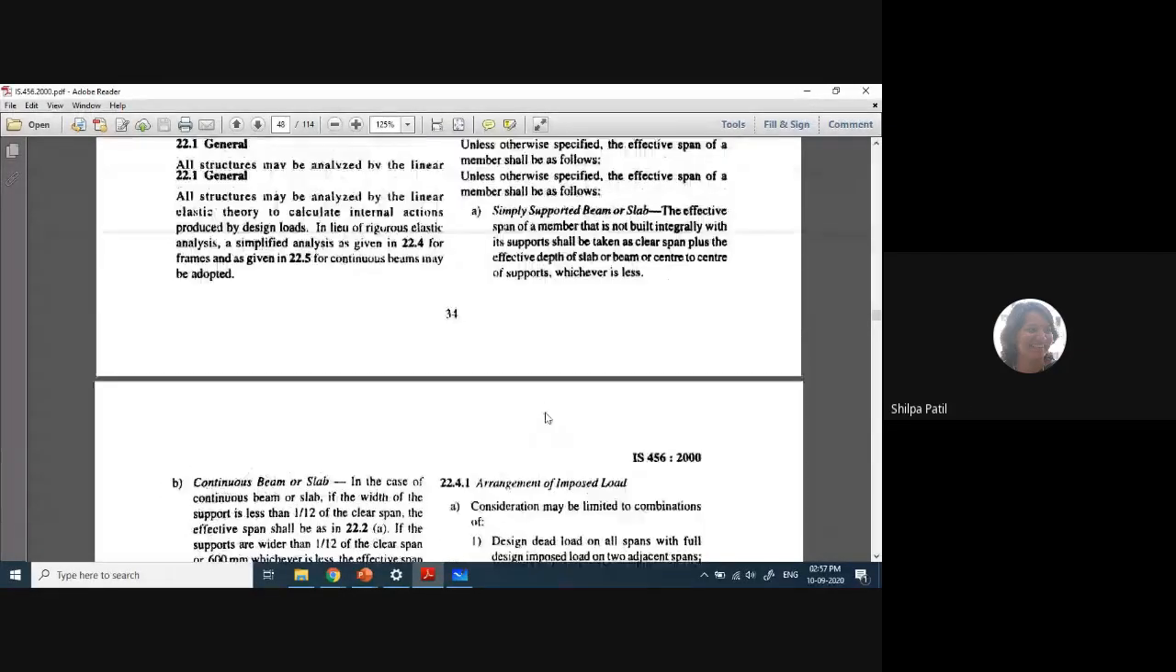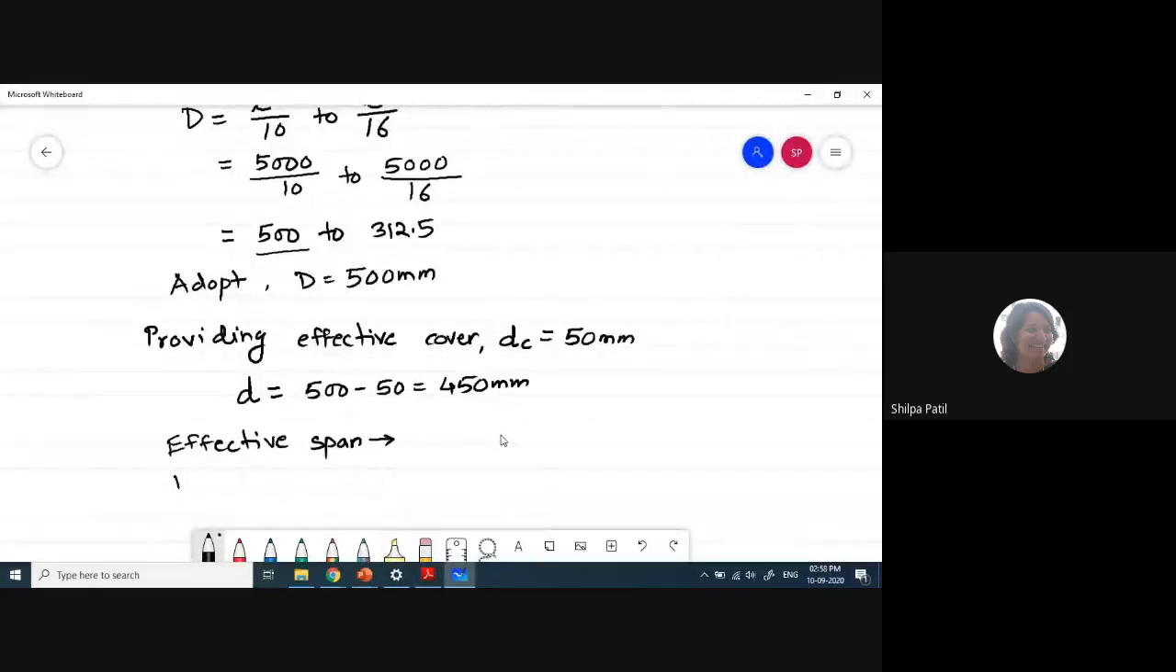Yes. Okay, now the type of the beam given is a simply supported beam, right? So for simply supported, the effective span of the member should be taken as clear span plus the effective depth of the slab, or center to center distance between the supports, whichever is less. So the criteria is least of